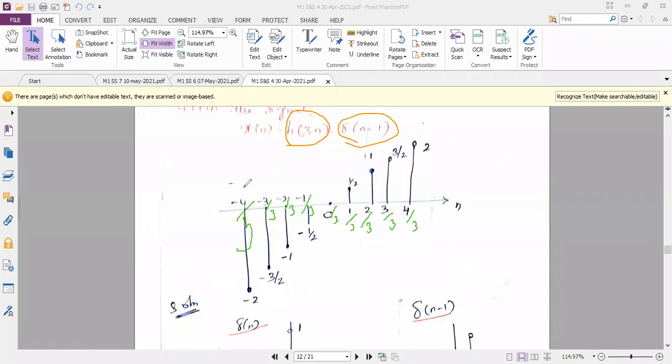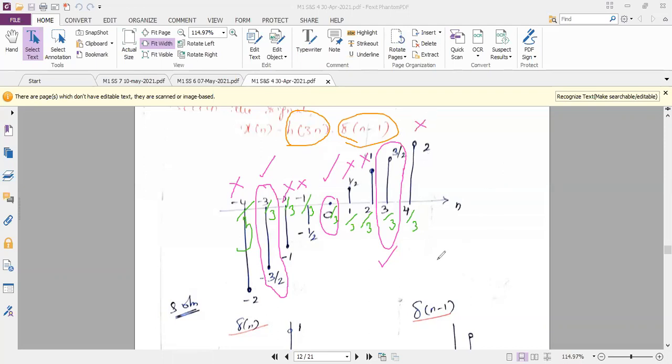Can I say 4 by 3 is eliminated because it is not a whole number? And 3 by 3 definitely we will consider because it is a whole number when you do the division. So this we will consider. 2 by 3 also will be eliminated. 1 by 3 also will be eliminated. At 0, I have the whole number 0 by 3 is 0. So this will be considered. And at the right hand side, 1 by 3 is eliminated. 2 by 3 is eliminated. So 3 by 3 will be considered because 3 divided by 3 is equal to whole number 1. So this we will consider. 4 by 3 is also eliminated.